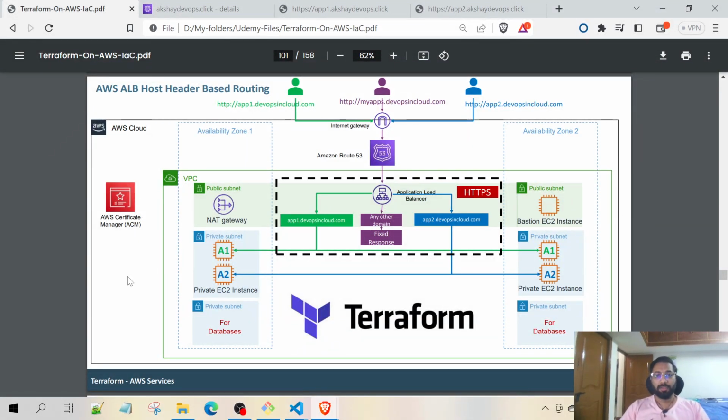Hey folks, welcome back. In this video, I will be explaining host header based routing with AWS Application Load Balancer. This implementation is based on the previous one, which is about path based routing. There will be minor changes in this particular implementation, and the changes are that we will be adding